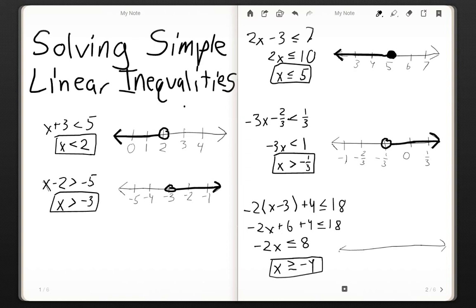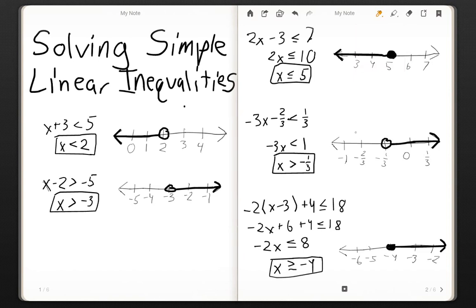Draw the number line, and be careful when you have negatives, because the negative numbers get higher in that direction. It's backwards. Okay, greater than or equal to -4, greater than or equal to, so since it could be equal to, we fill that in, and then greater than is always to the right where the numbers get greater. Okay,